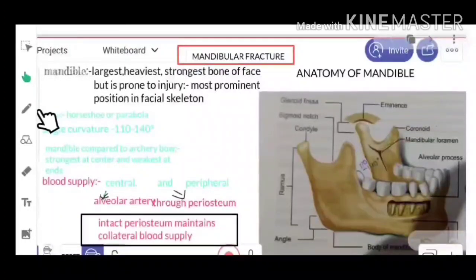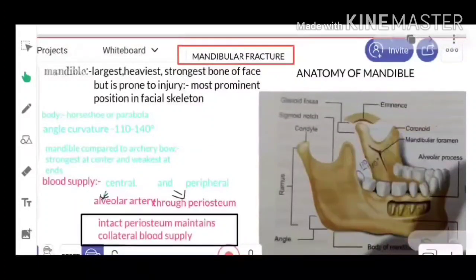Now its body is horseshoe and parabola shaped. This is the anatomy of the mandible. Here this is the ramus, this is the body of the mandible, and this is the angle of the mandible between the ramus and body. This is the condyle, this is the sigmoid notch, this is the coronoid process, and here is the mandibular foramen from where the mandibular nerve passes. This is the alveolar process, and this is the glenoid fossa, and this is the articular eminence which we study